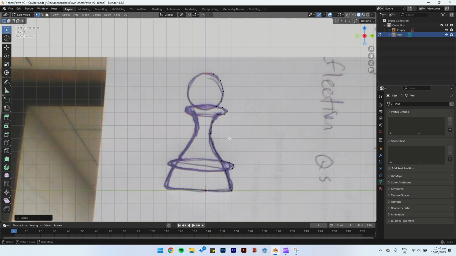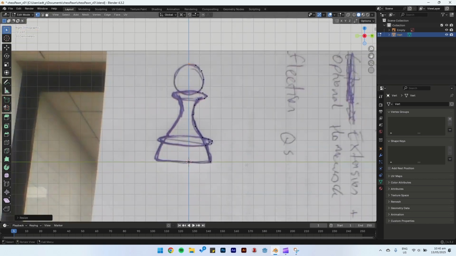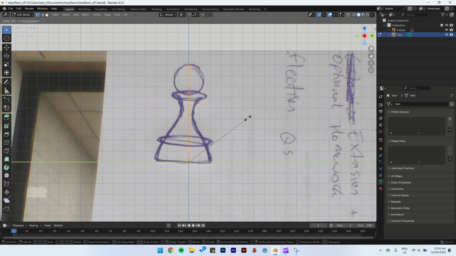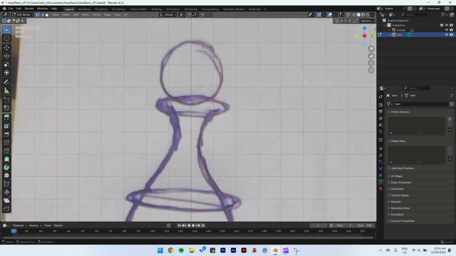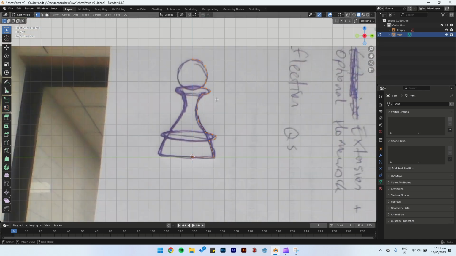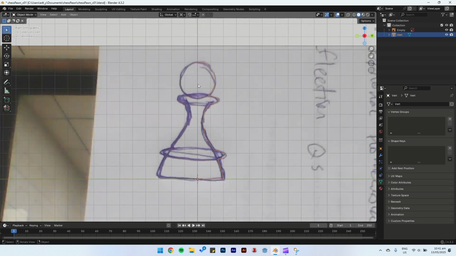And then you can see the way that works is it's essentially scaling what we have selected to 0, which flattens it along that y-axis. Okay, so if I had all of the stuff selected and I push S, Y, 0, that flattens everything. Okay, fantastic. So now that we've got our pawn outline created, I'm going to push Tab to jump back into object mode,